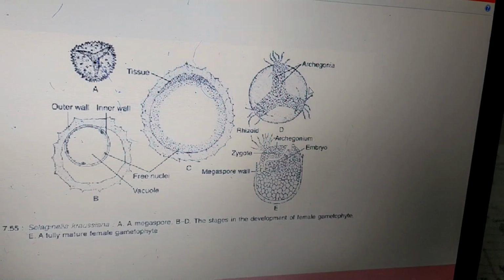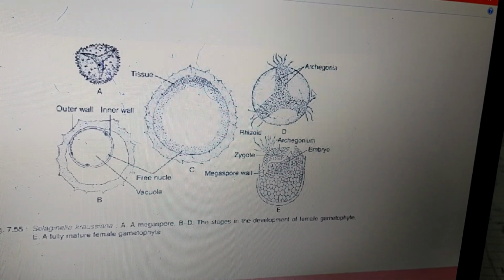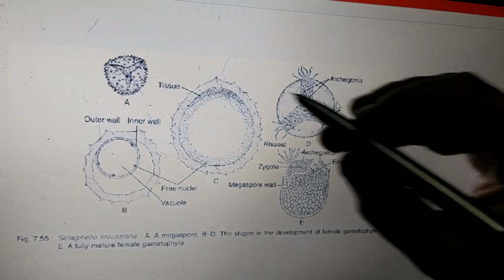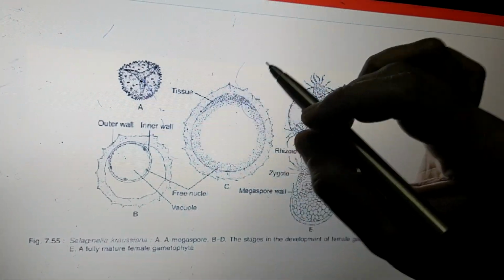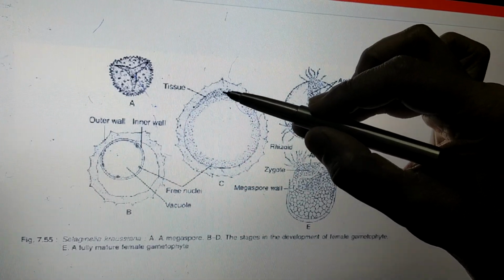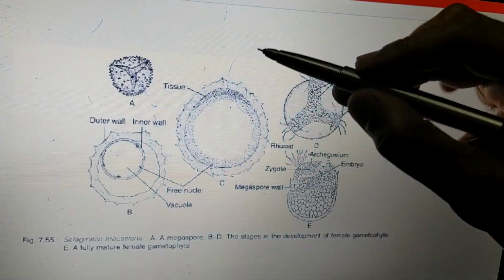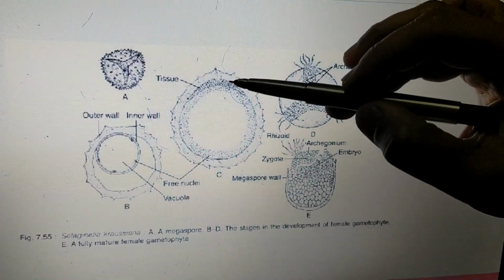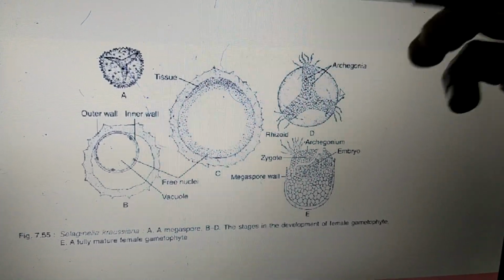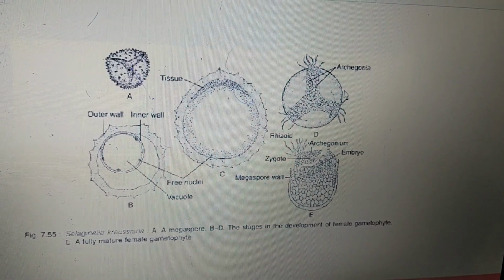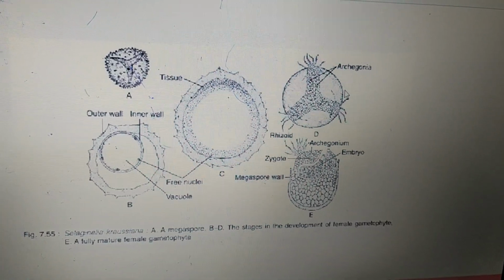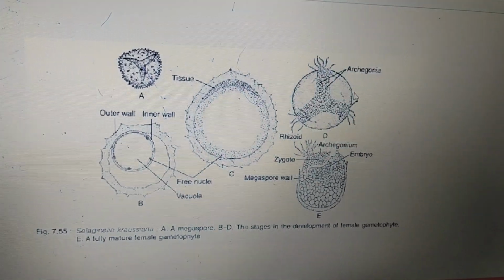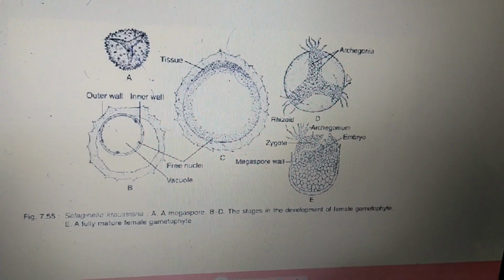So these were the different stages in the development of the female gametophyte from the megaspore in case of Selaginella. Now in this apical notch one of the cells gets activated. That cell we are going to call an archegonial initial cell. This archegonial initial is going to divide further. We will look further at the different divisional developmental stages. What I mean to say is, in this place there is a formation of archegonia.